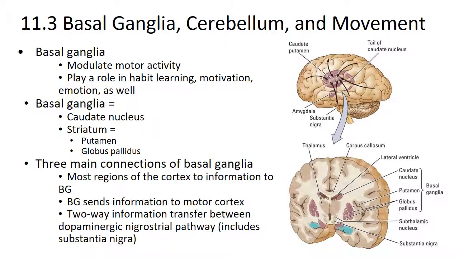The 3 main connections of the basal ganglia are the cortex. So actually most regions of the cortex send information to the basal ganglia. So there's incoming information from the cortex. The basal ganglia in turn sends information to the motor cortex, the primary motor cortex. And then there's a 2-way information transfer between the dopaminergic nigrostriatal pathway and the basal ganglia, and this includes the substantia nigra, which, if you remember, is a part of the brain that has a lot of